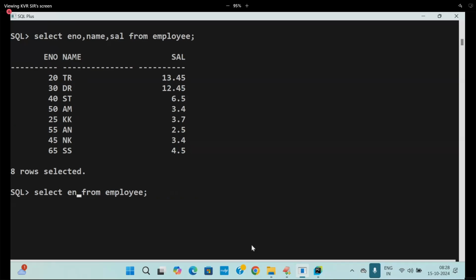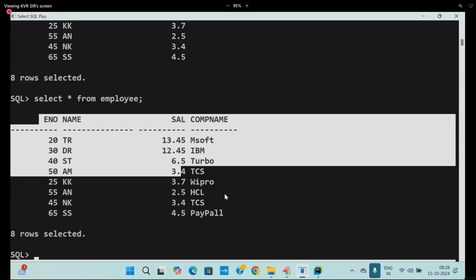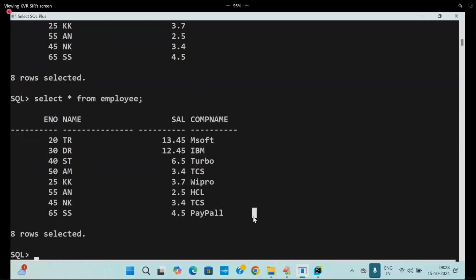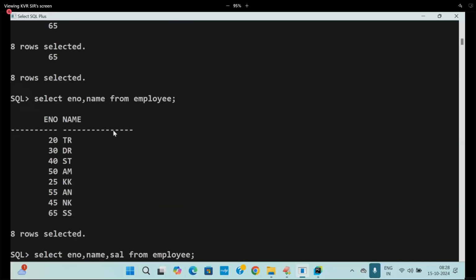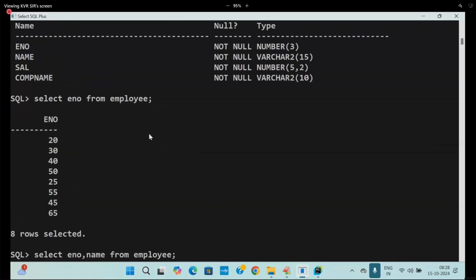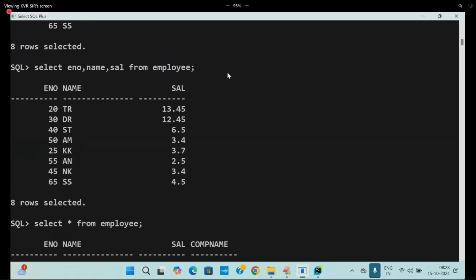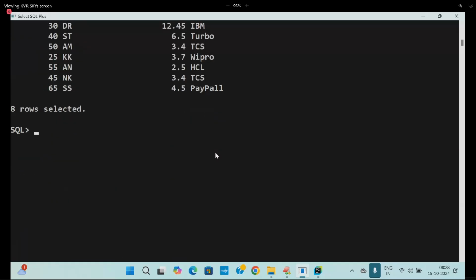Star indicates what? All column values of the table. All the values will be coming. Are you following me? So selecting a particular column, selecting all the columns without any kind of condition. Now I want to go for